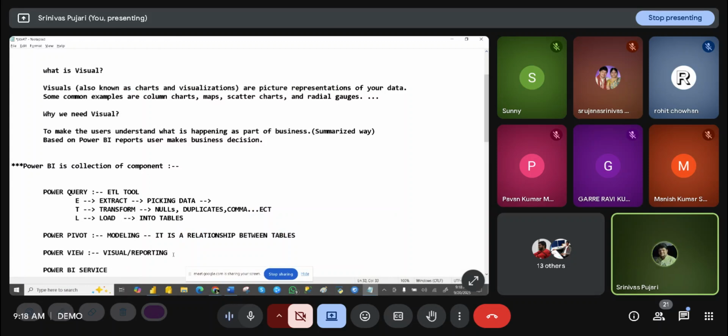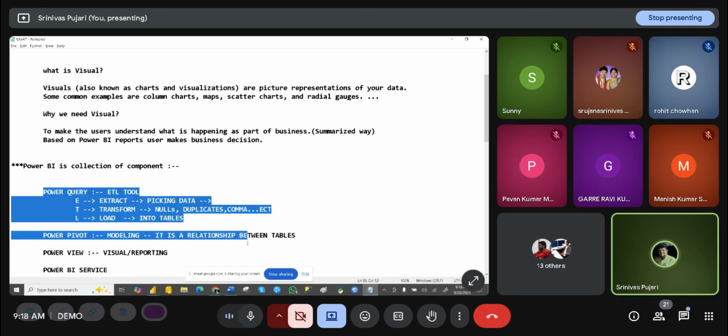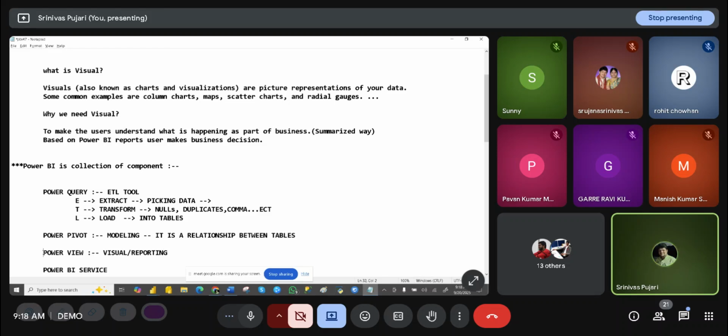We will give the story to the client, the user who has given the data to us. We'll take the data and summarize it, and then give the story, whatever is requested, so that they can understand by looking at the visuals and the report. These two are backend processes, and Power View, the report, will have the visuals.